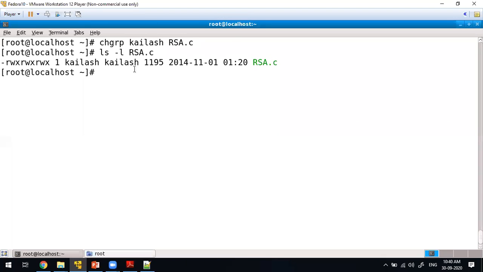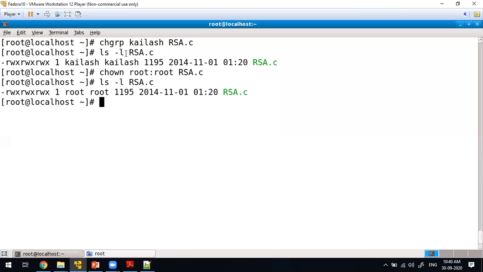Now I'll do both things with chown, like this: root colon root rsa.c.